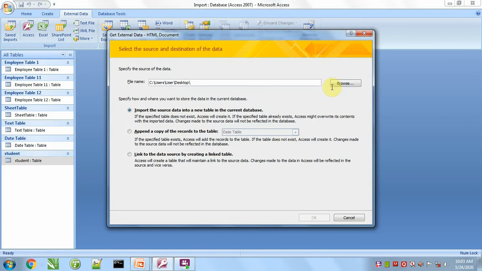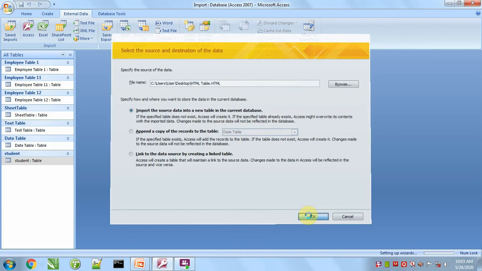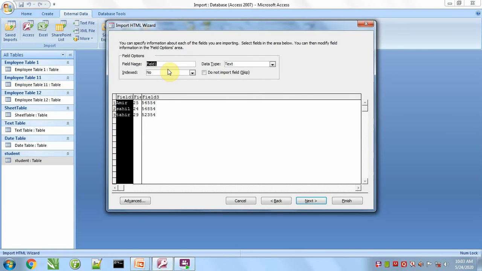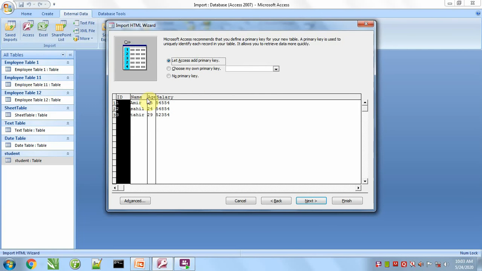HTML document, Browse. It is HTML table. First row is not column heading, so no need to check this option. Next, like it is name, age, yes, primary key, it's okay.